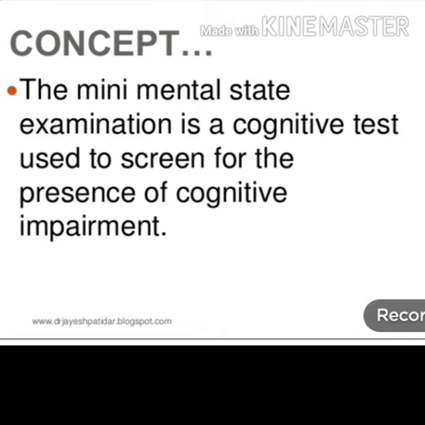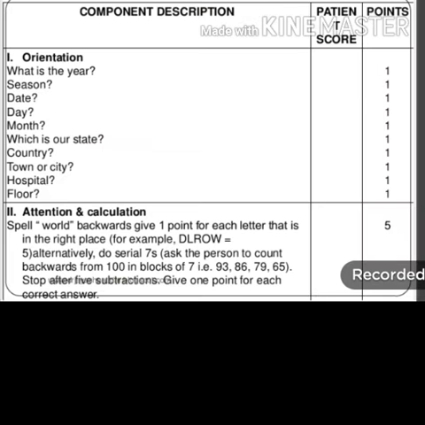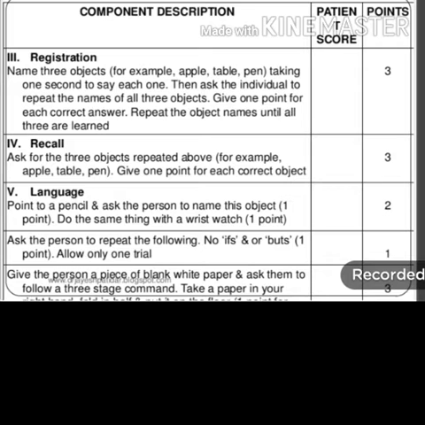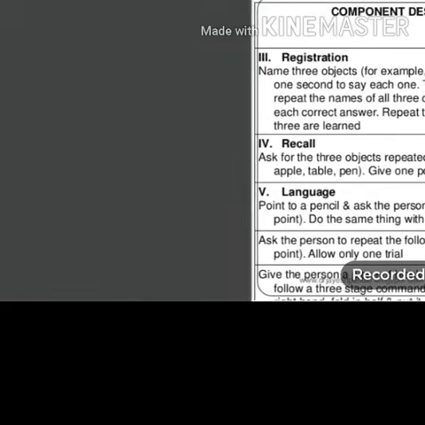The main components of the Mini Mental Status Examination include orientation, attention and calculation, registration, recall and language.